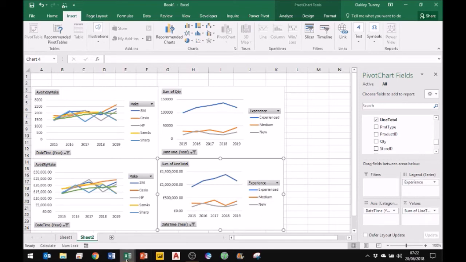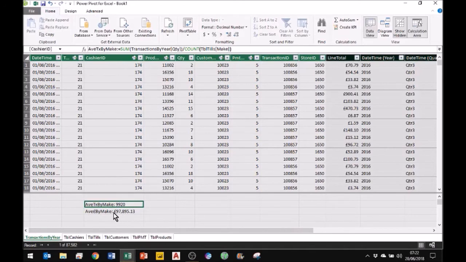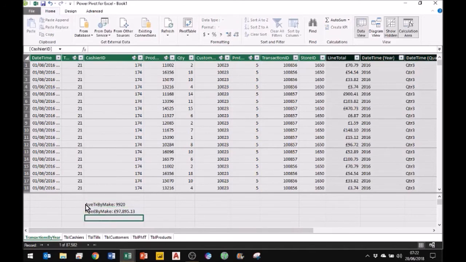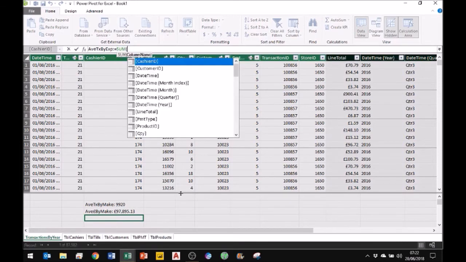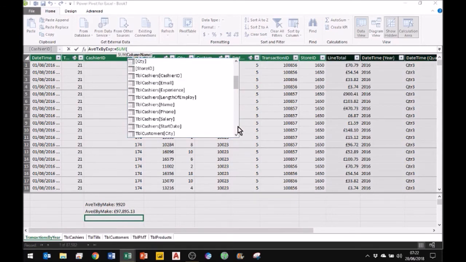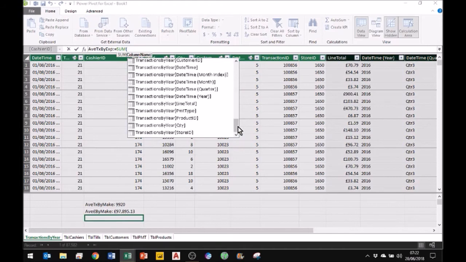So once more, we go back into our data model, and we can simply click down here, and we're going to put in average transaction by cashier, average pounds by cashier. Similar calculations to do here for these measures. So average TX by experience, and this equals the sum, and we want the sum of quantity, and again I'm just going to make sure that I use the right one, so sum of table transactions quantity